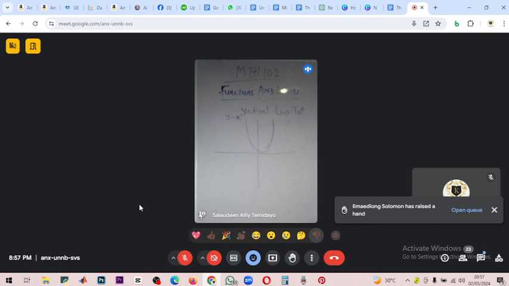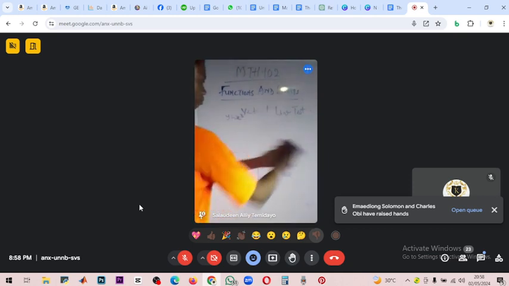The last one I'm talking about, y equals x cubed, the graph is going to be like this. This is how the graph is going to be, passing through the origin here, if it's ordinary x cubed. If it's x cubed minus 3, it will be shifting like that. We don't need to be explaining that one in this class. Okay, now, we've gotten to the important aspect again.